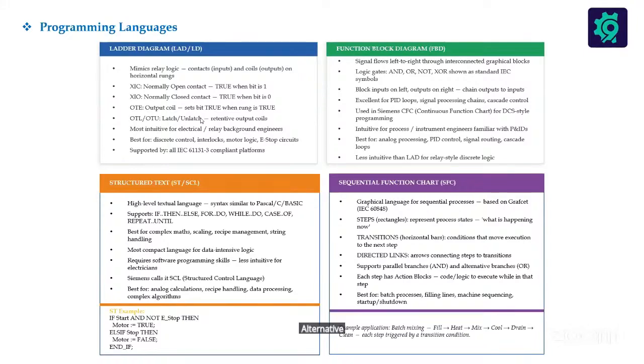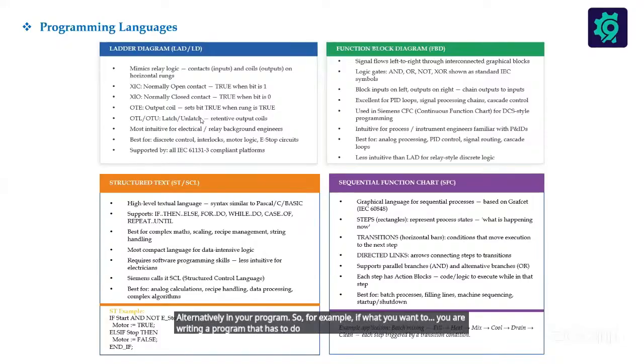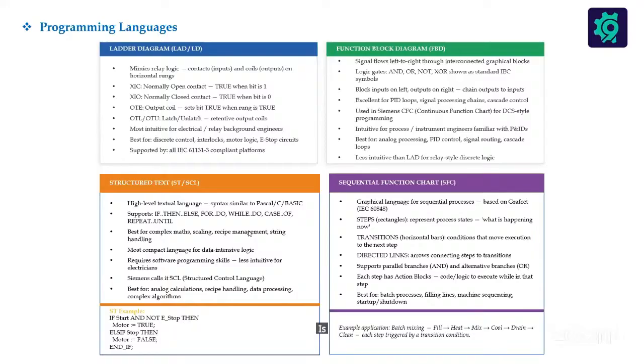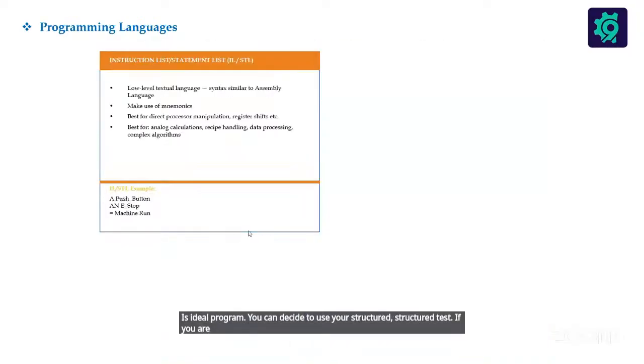alternatively in your program. So for example, if you are writing a program that has to do with your motor logic control, you can decide to use your ladder diagram. And if you are doing PID control, you can use your function block diagram. If you are trying to manipulate some data inside your program, you can decide to use your structured text. If you are doing your analog value processing, you can decide to use your instruction list, if you